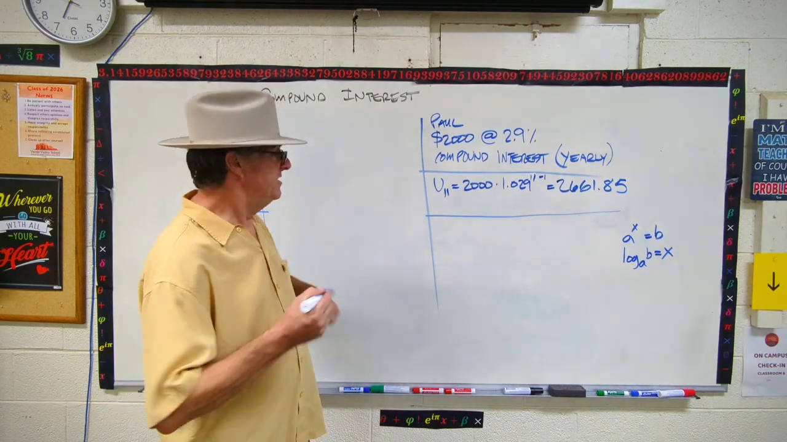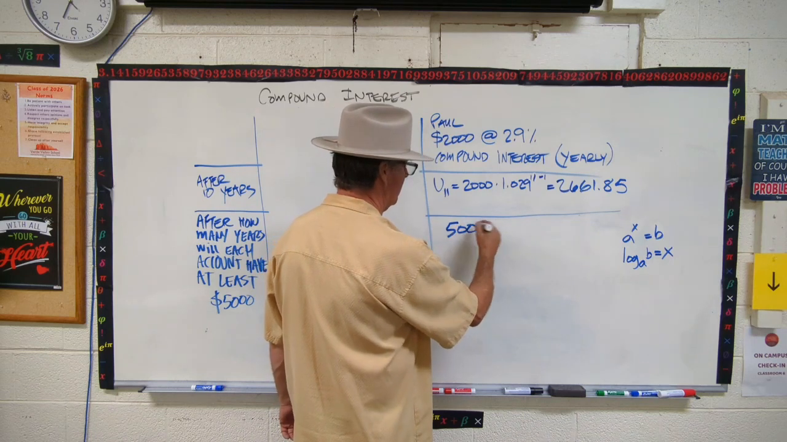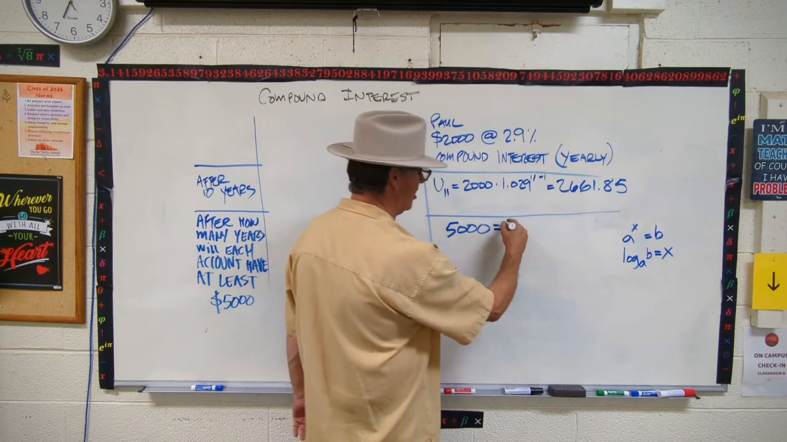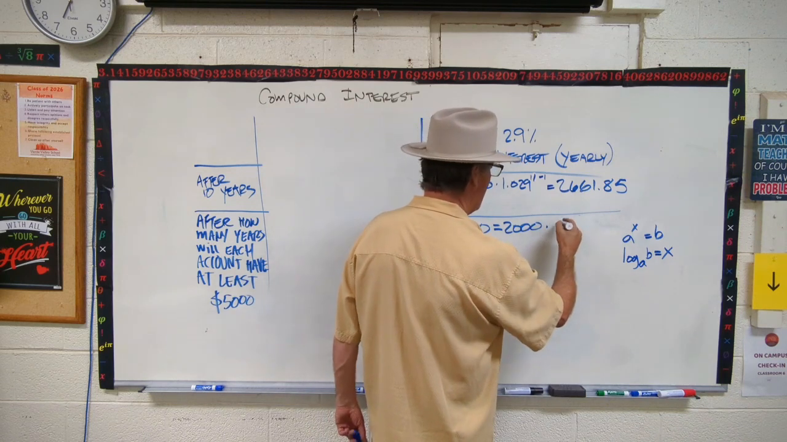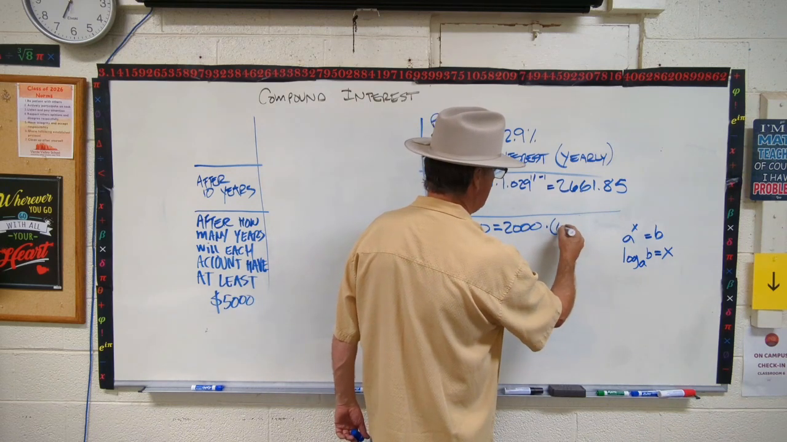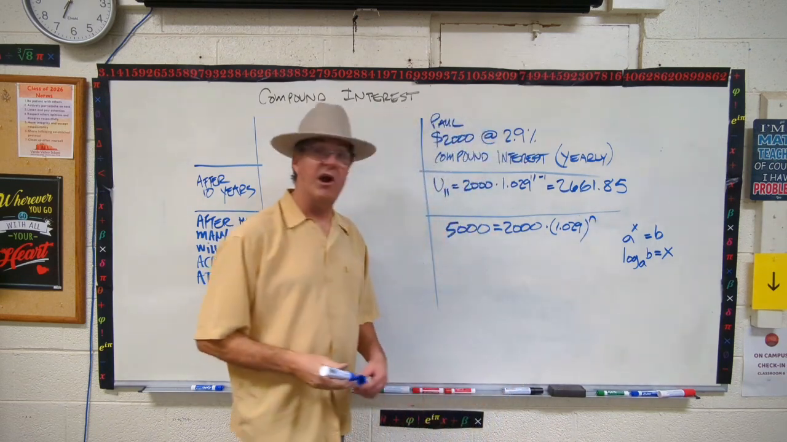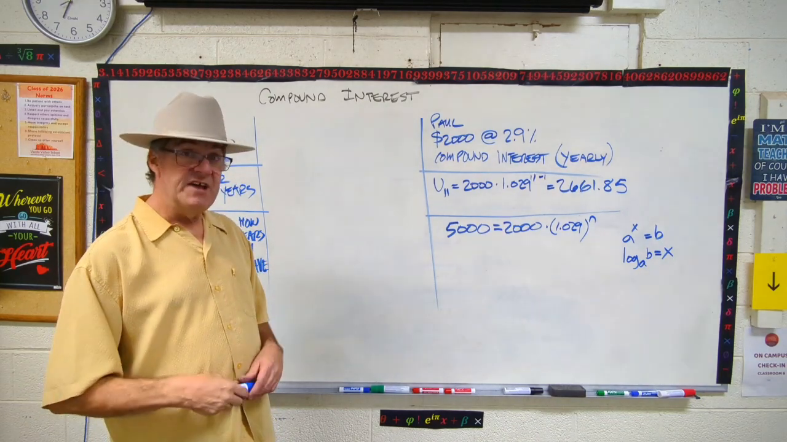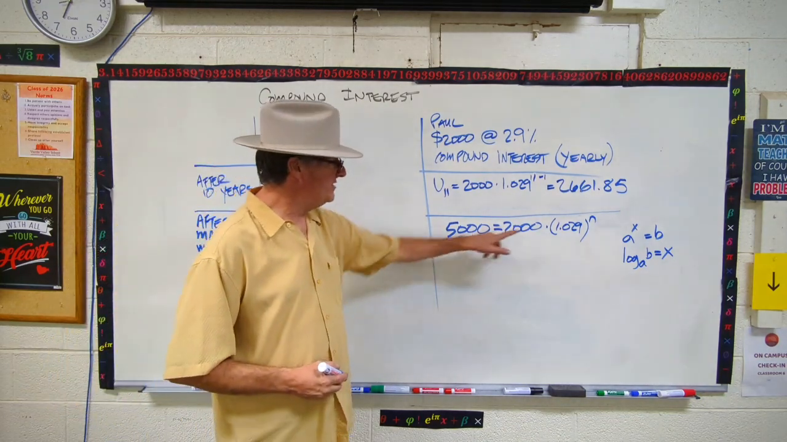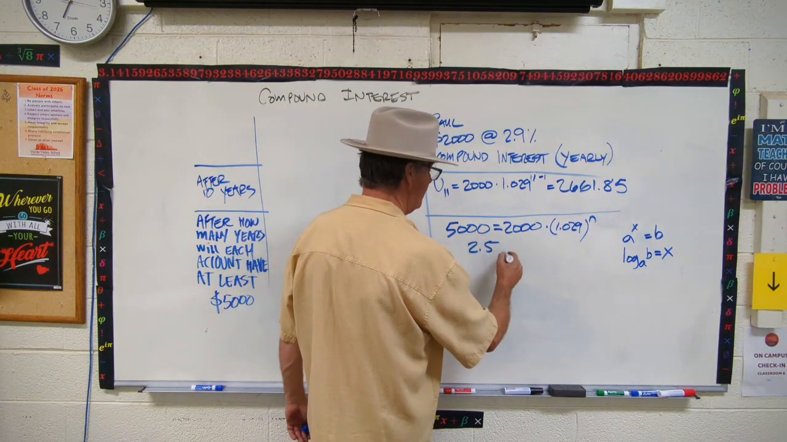Okay, let's do that. So our target is 5,000. That's what we're shooting for. To get there, we take our 2,000 and we multiply it by our R, which is 1.029, and we don't know the years, so we just put our n there, okay? So that's our plug-in step. Now we can divide through by 2,000. 5,000 divided by 2,000 is just 2.5. So that gives us 2.5 equals